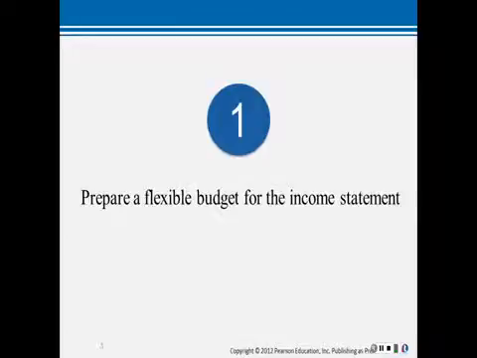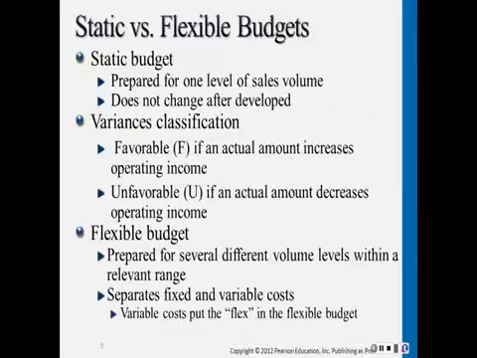Objective number 1 is to prepare a flexible budget for the income statement. The master budget is a static budget, which means that it is prepared for only one level of sales volume. A static budget does not change after it is developed. A variance is the difference between an actual amount and the budgeted amount. The variances are classified as either favorable if the actual amount increases operating income, or unfavorable if the actual amount